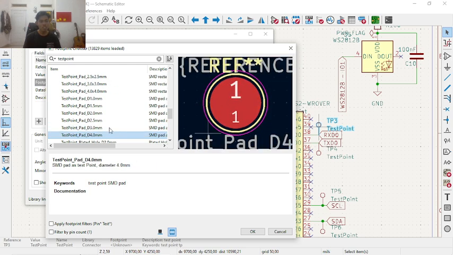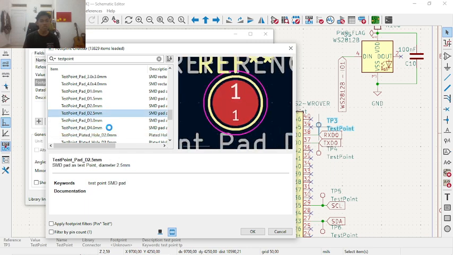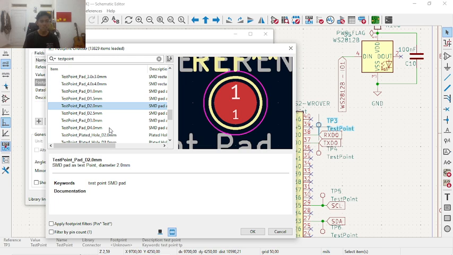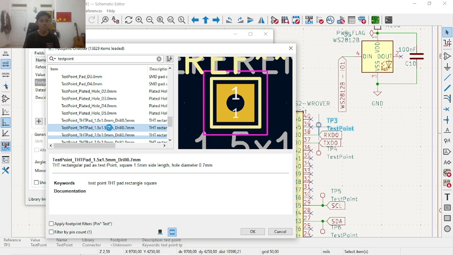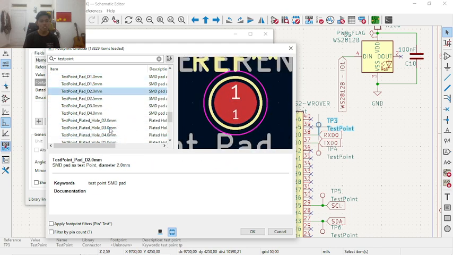You can choose what size of your test point. In this schematic, I will use 2mm test point maybe. Okay, I will click.